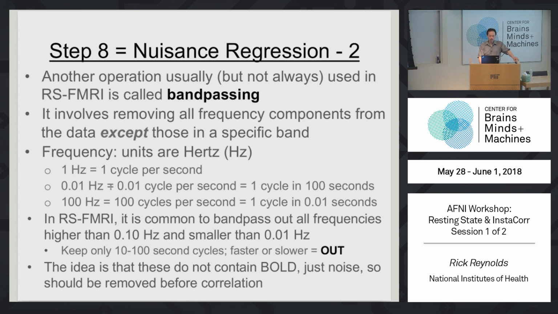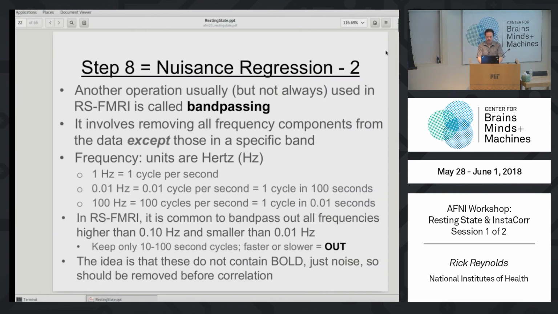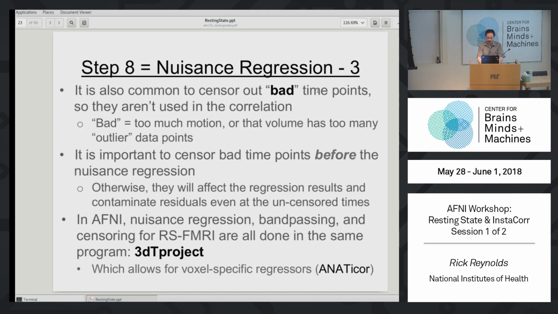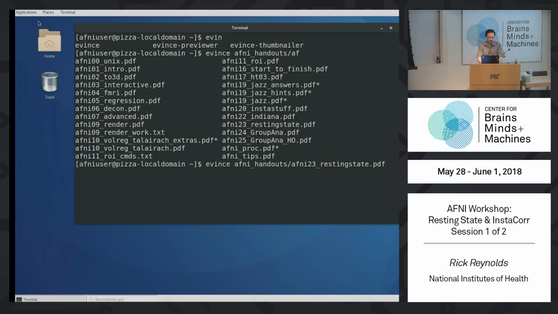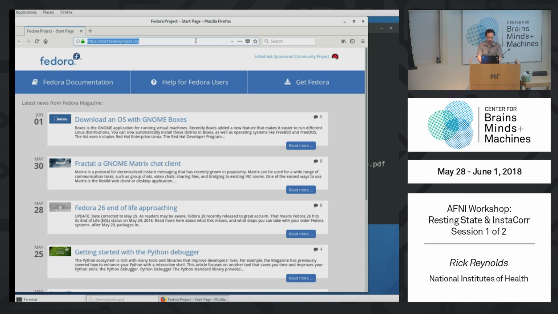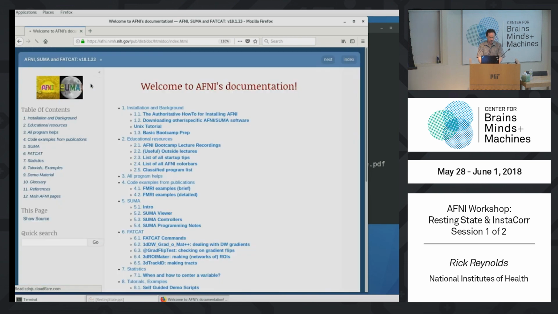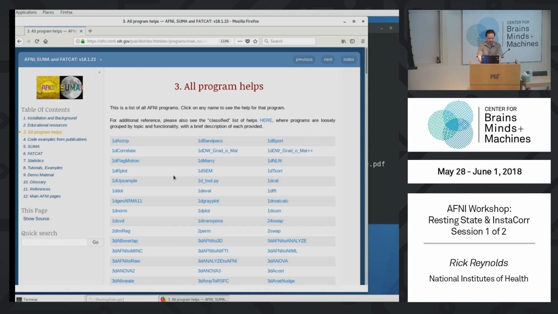Band passing, it's very common to band pass in resting state, such as in the frequency range between 0.01 and 0.1. Just to keep pointing you at the help, and my propensity for whining, I'll point you at the help page for afni_proc.py again, so you can see my rant on band passing. I'll go into the all program help again, find afni_proc.py,